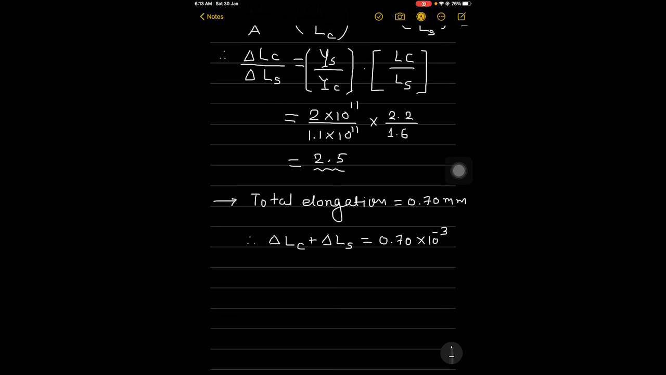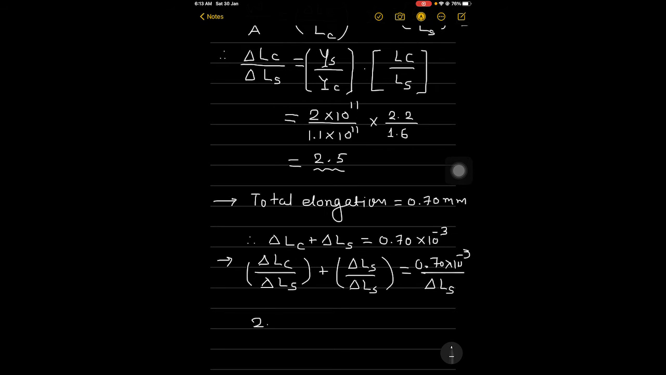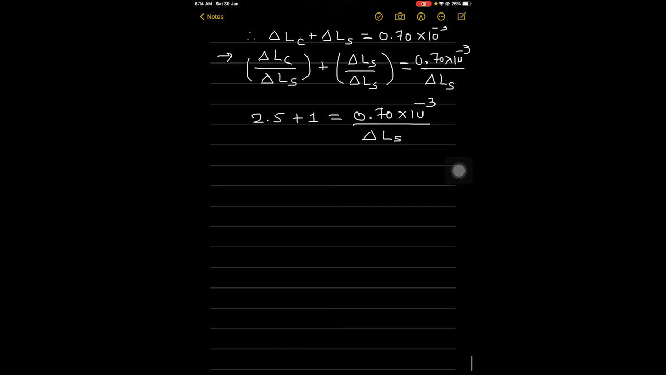Now when we simplify this equation, if we divide the whole equation with delta LS, we will have delta LC upon delta LS, which is 2.5. This will be 2.5 plus 1 is equals to 0.70 into 10 raised to minus 3 over delta LS. So if we want to find out delta LS, we can say